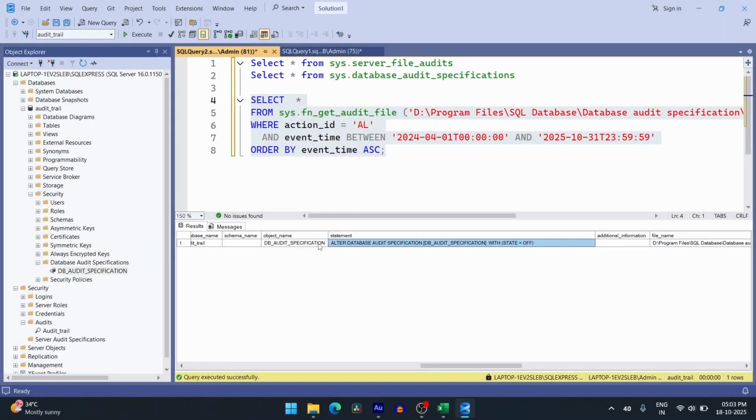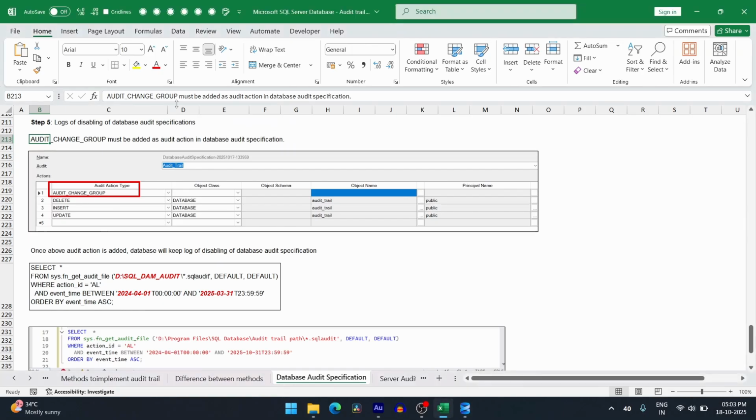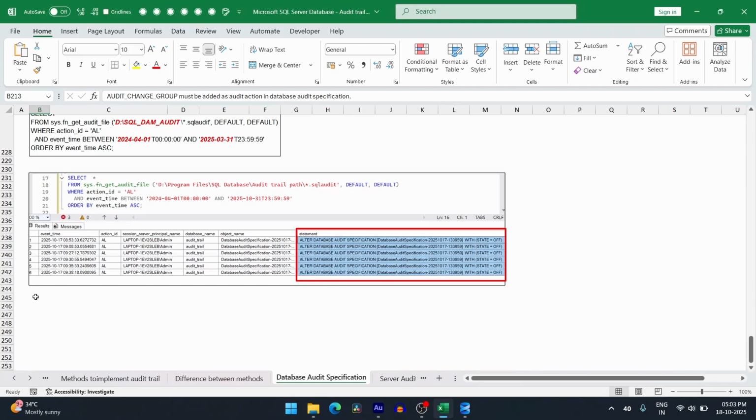As you can see, there is one activity. See, by default it's capturing only disabled. So in my case, I disabled it only once after adding the audit underscore change group. So you can see the date and time, the action. You can also see the username, and then under the statement you can see specifically db underscore audit specification is the name of the database audit specification, and state is off. That gives the comfort or the indication that this database audit specification is turned off, right? So these are some of the steps which we need to check while assessing the audit related database level,